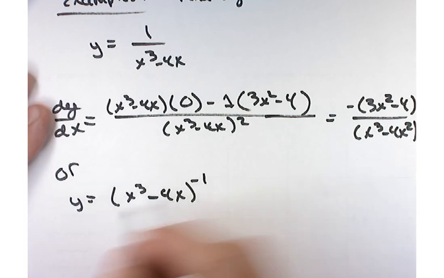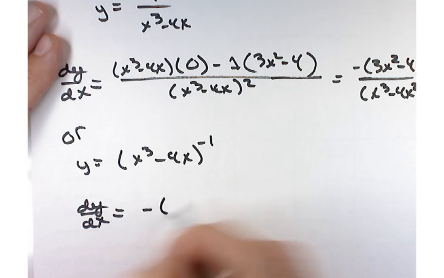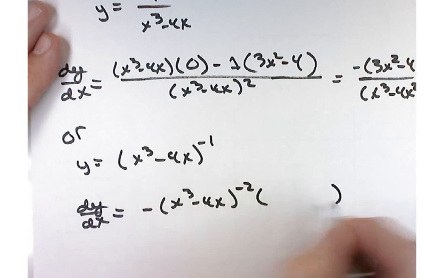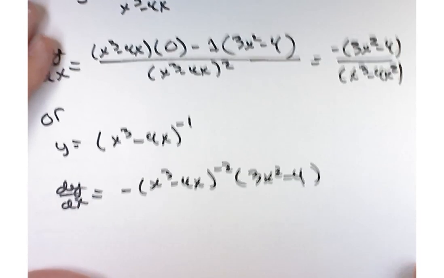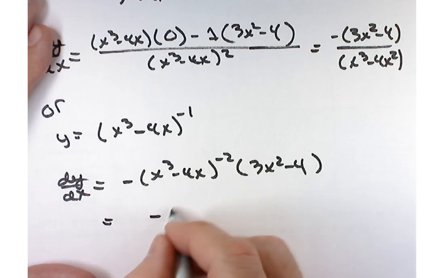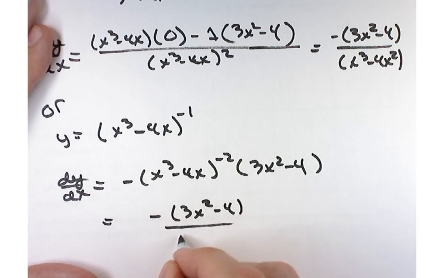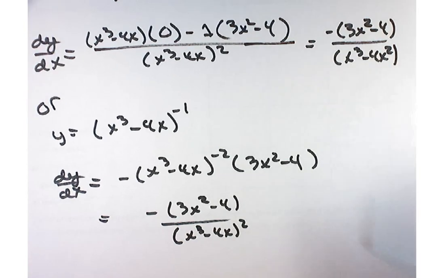And now when we differentiate this, dy by dx, it's going to be the derivative of the outside, x cubed minus 4x to the negative second, times the derivative of the inside, which is going to be your 3x squared minus 4. This part, and only this part, can go down to the denominator. I'll leave the negative up front, minus 3x squared minus 4 over x cubed minus 4x squared. So you get the same thing either way you differentiate it. It's just a matter of preference, and do you see it on the fly? But either way,